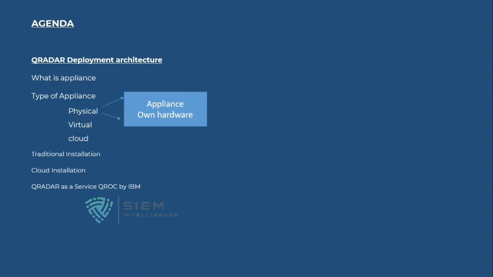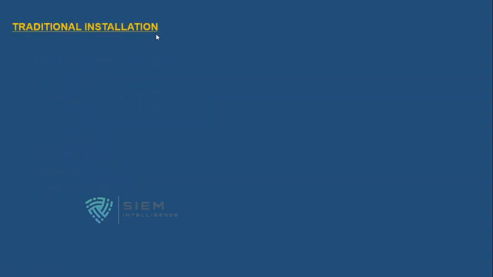One is physical. In physical, there is something called an appliance, which has both software as well as hardware, and there is also your own hardware. If you have your own hardware according to their requirements, they will provide some configuration setup. If you want to use QRadar all-in-one, say in one location, your hardware should meet these configurations. And if you are using something like an event collector, then you should have something like this. So before going further,